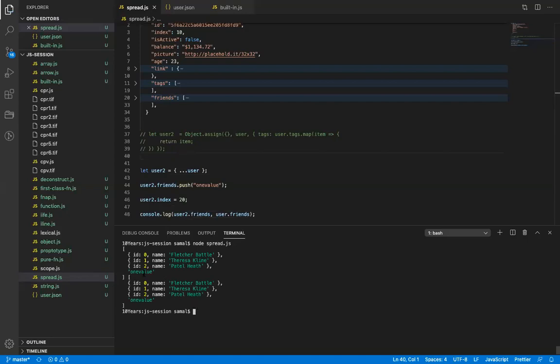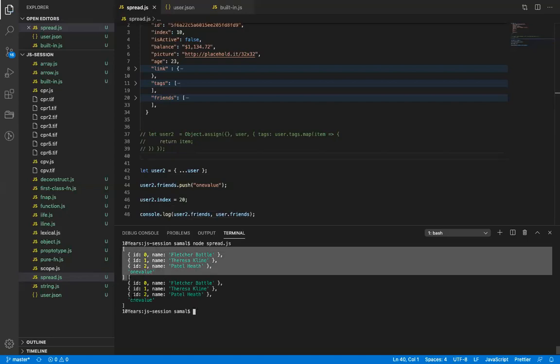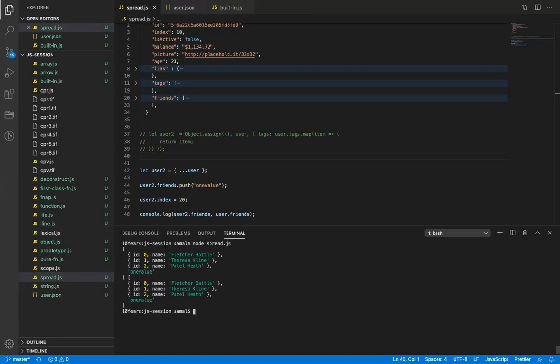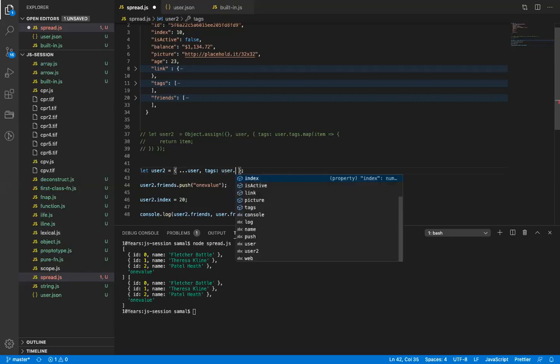You will see this, it is being added in both user 1 and user 2. Again, to solve this issue, it is simple. In the spread operator, just like assign, if you want to update any key, just add that key, and again create a copy of that.